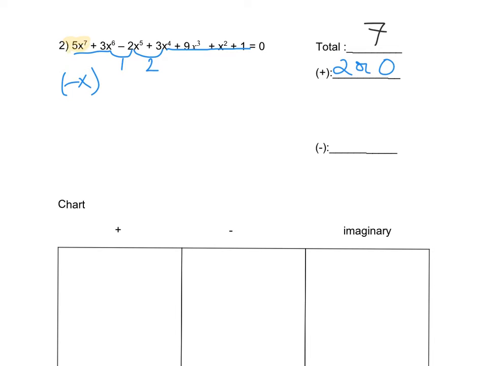So this term is odd, this one is my odd one, this one is my odd one, and there's no x, so I don't have another odd one. So those are my 3 odd terms, and I don't need a placeholder when I do this. So those are my odd ones. So I'm going to change those. The first one I'm going to change to negative. Let me get back to here. Okay, so I'm going to change that to negative